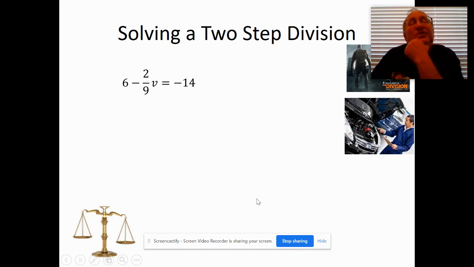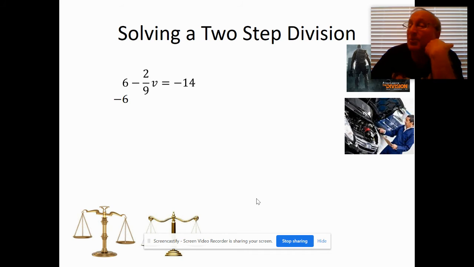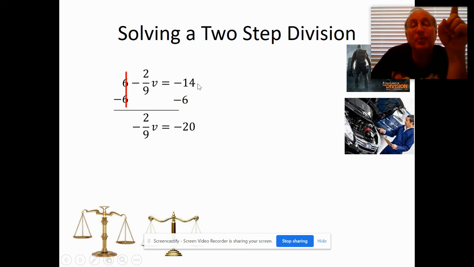Now this time the 6 is in front. So what I kind of want to do is treat that as a positive 6, and I'm going to undo that by basically adding -6 or minusing 6. Adding -6 and minusing 6 are the same, but what you do to one side, you have to do to the other. It's going to cancel out there, and that's going to leave that -2/9 V equals, and remember, -14